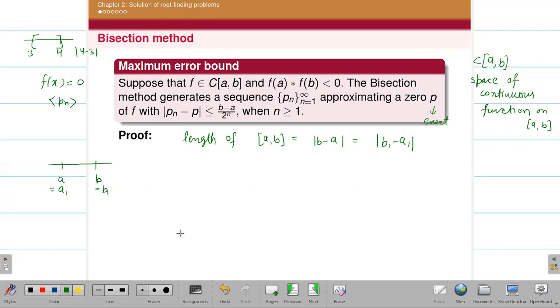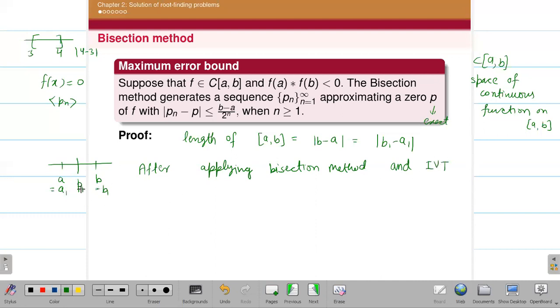Okay. So now here I have chosen this interval. Now I am applying the bisection method on this interval. So after applying the bisection method and IVT, means I'm taking it together. I'm applying bisection means I'm taking its midpoint P1. So P1 belongs to A1, B1 and IVT also.